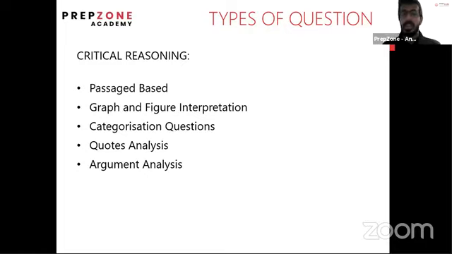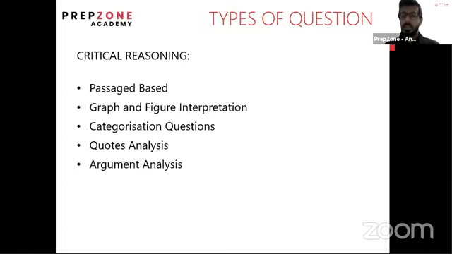Now, critical reasoning tests you on 5 different aspects, which are listed right there. One is passage-based. So this is the typical reading comprehension passage. Now, it could be short passages, it could be long passages. It depends on the questions that they're asking. And every passage will have either one or even more than one question based on it. Okay. Second type of